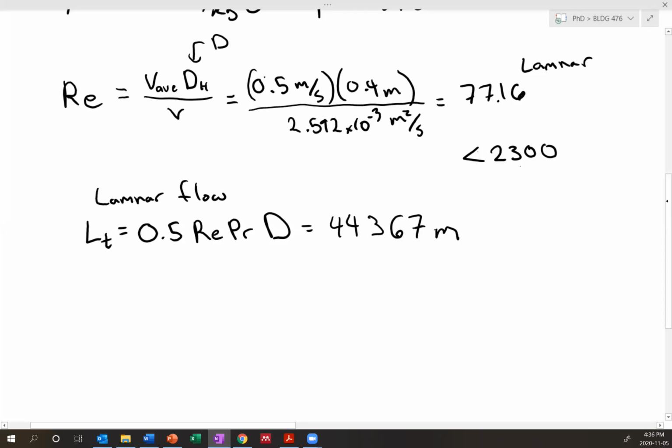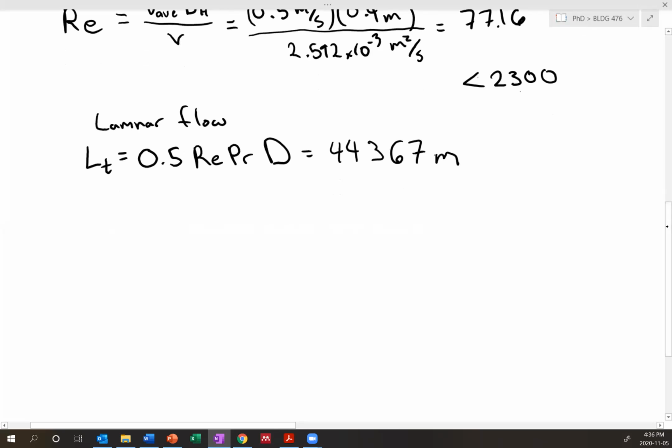All right, and because this period of time where the heat transfer is developing is much longer than the total length of the pipe, we assume that it's thermal developing flow, which again will lead us to our specific equation for Nusselt's number. So we have to go through all this criteria to determine what Nusselt's number we use. So similar to last chapter, but a couple more steps. So because this is greater than the length, just write this down, we